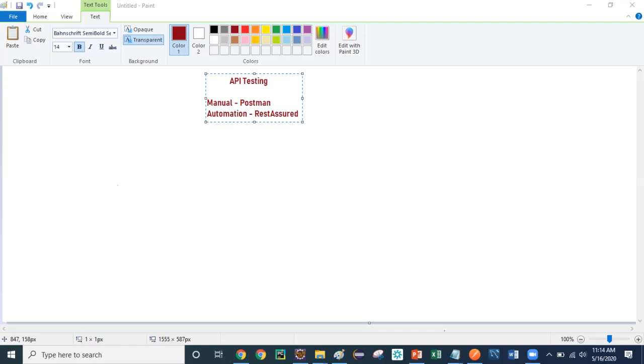The API is useful to exchange data, to exchange information between two applications, right? So now what is a web service, guys? Let me tell you one simple difference. The web service will do the same things, but the web service will do them over the internet. You got my point? An API can be within one application. In one application, we can have multiple API calls, add new user, update user, everything in the one application.